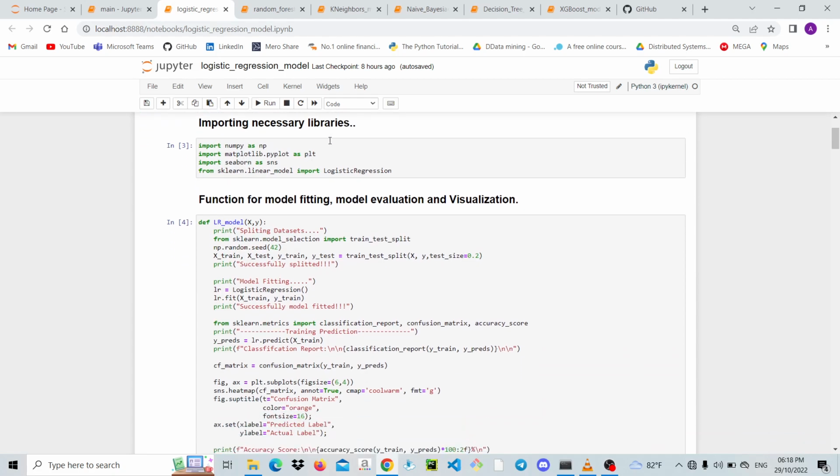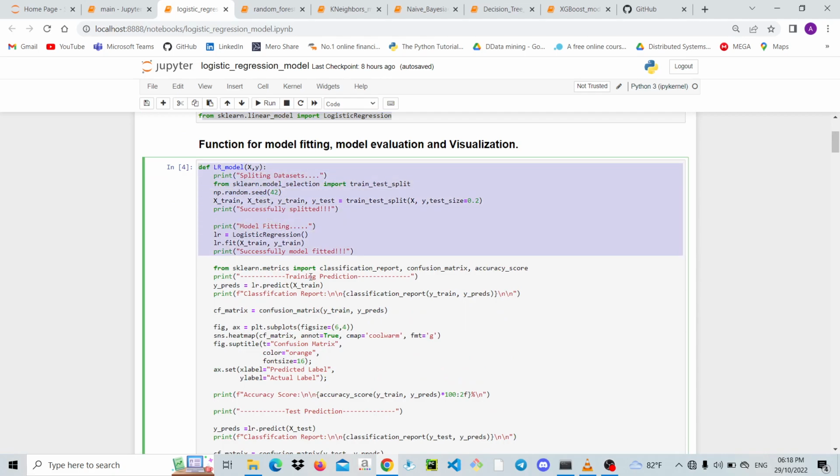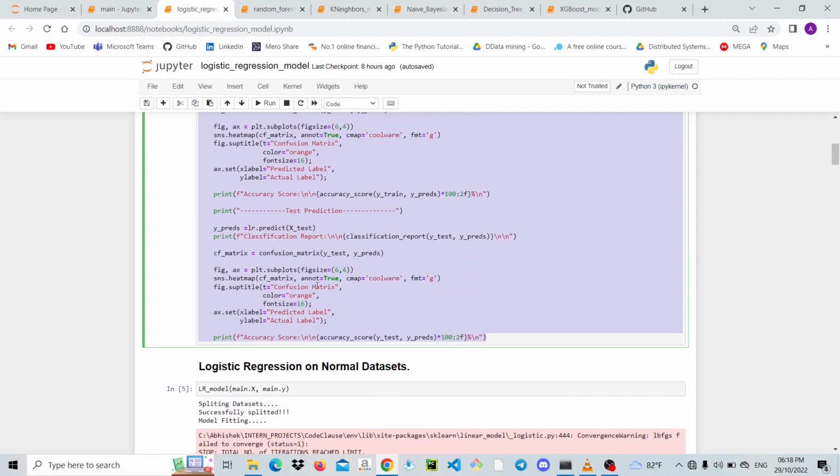Now importing necessary libraries, again I am importing the necessary libraries. So I am using the logistic regression. I will be importing the scikit-learn model, and importing the logistic regression. Now I am making the function. Look, this is my function, which